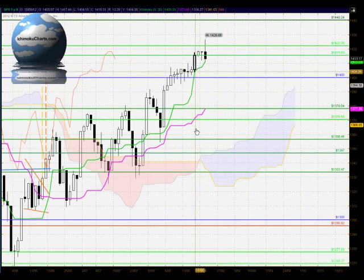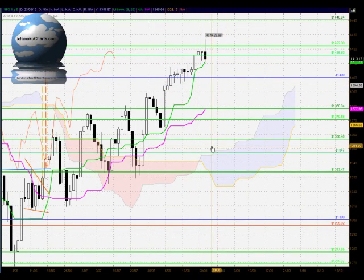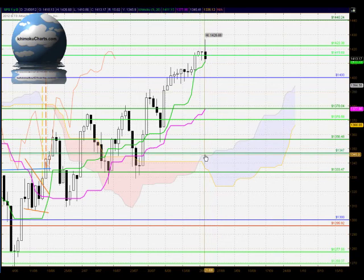In terms of Ichimoku, we have a bullish market in all three time frames. The market's trading above the cloud, so the market is bullish in the long-term time frame. We're trading above the Kijun-sen, so bullish in the medium-term time frame, and just trading above the Tenkan-sen, the green line here, so bullish in the short-term time frame. And the Chikou span here is above the corresponding price action, so it's confirming the bullishness that we're